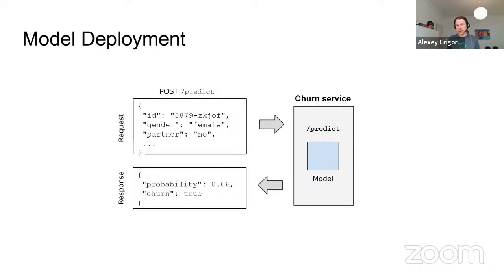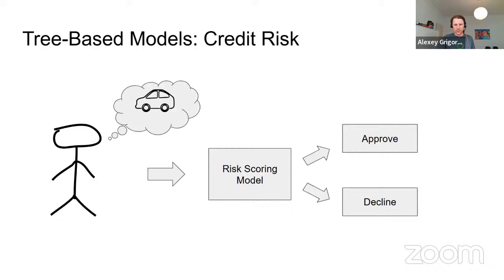Here, we will build a web service that you send some details about the customer, and then it will respond with the probability that this customer is going to churn. We'll continue using the model we developed in the previous modules, and we will deploy it. Because if our model is just a Jupyter notebook that we use to train it, then it's not useful, right? In order to make a model useful, we need to use it, and this is what we'll cover in module 5.